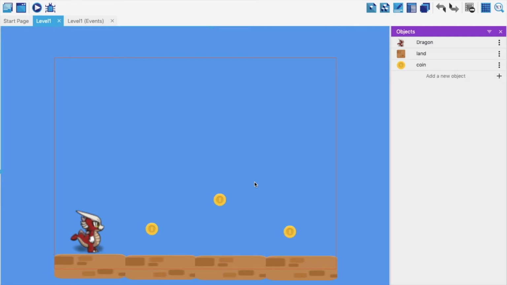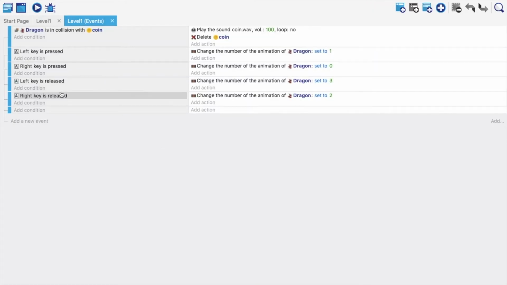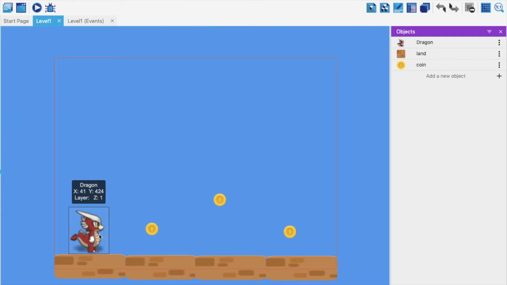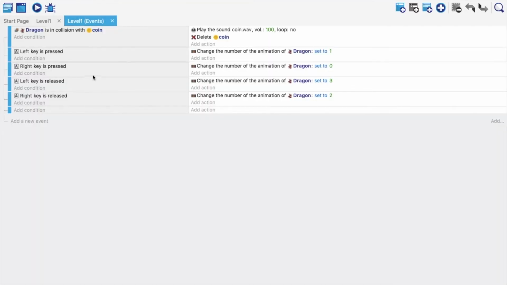We have already covered how to add sprites. We have learned how to change their behavior and how a few behaviors behave. Wow, behaviors behave. Okay, and last class we learned how we can add a sound effect and how we can delete a coin when the dragon touches the coin. So when one object collides with another object, different conditions can take place.